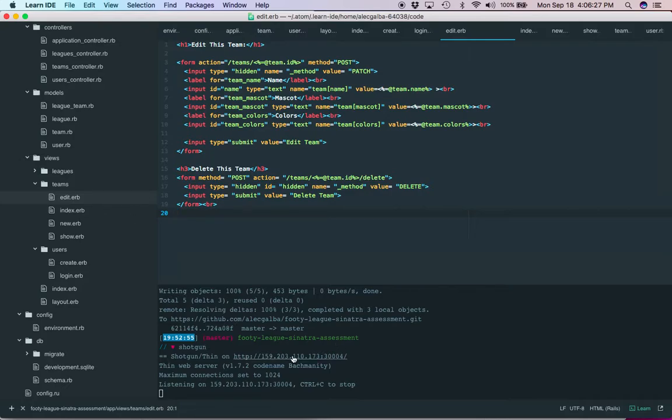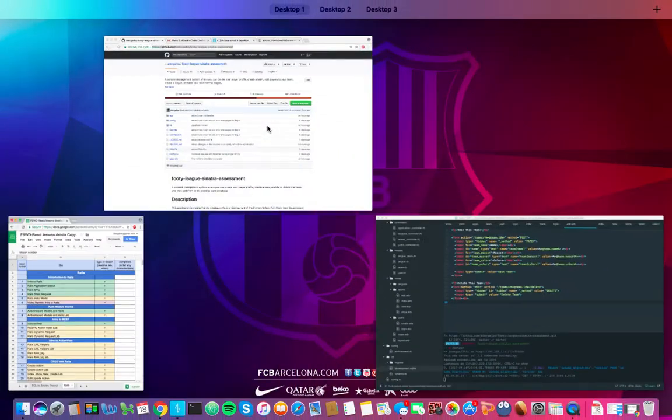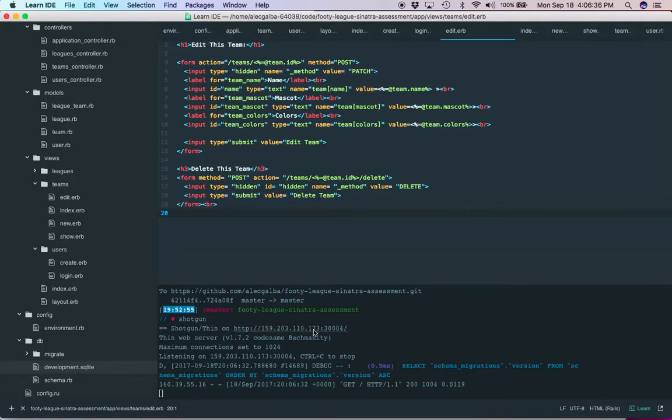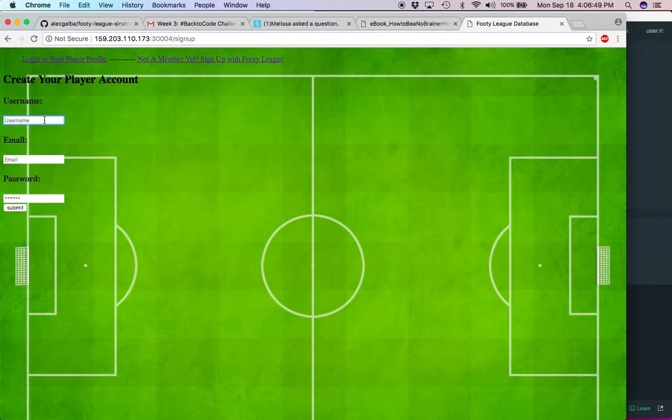We've got shotgun run here, so we will start it up and we'll look at it. Oh, not the page that I wanted. Bring it there. There we go. Alright, beautiful. Alright, so let's create a member. This will be user, very original,